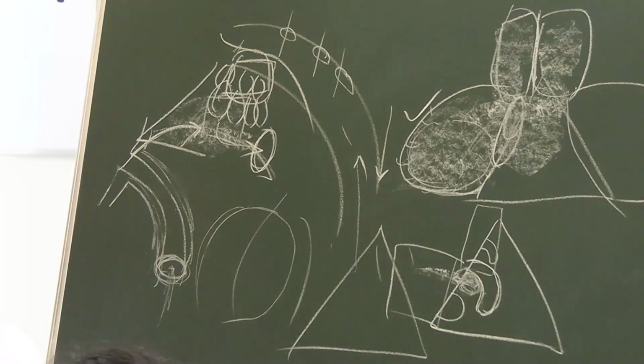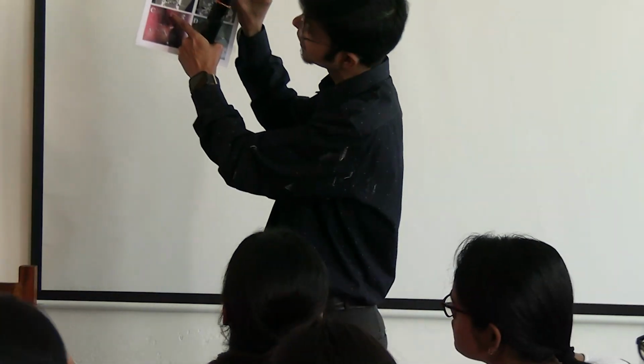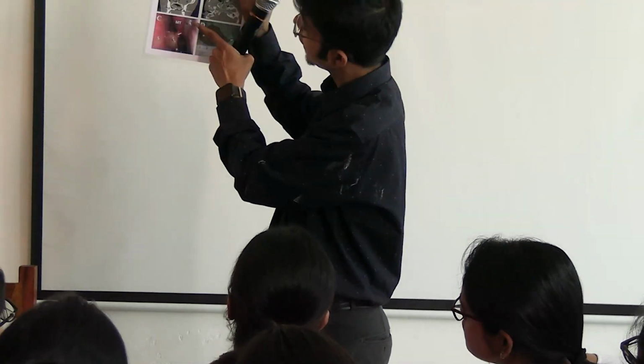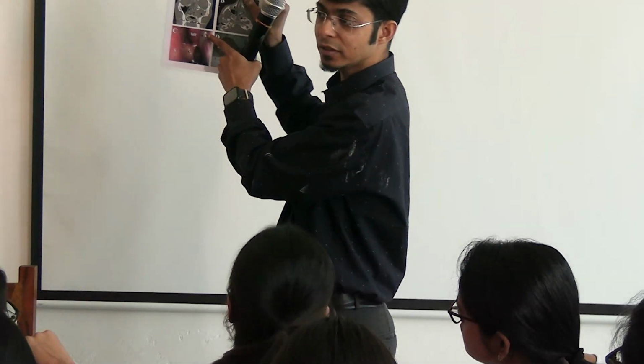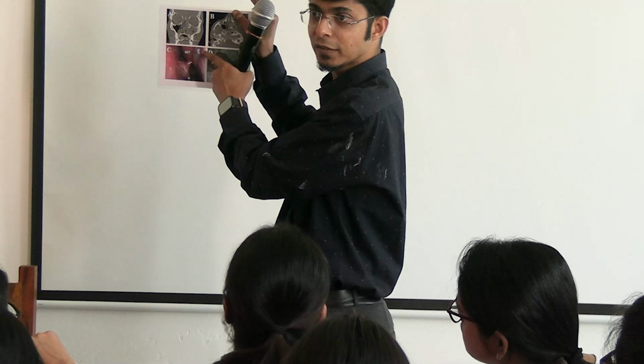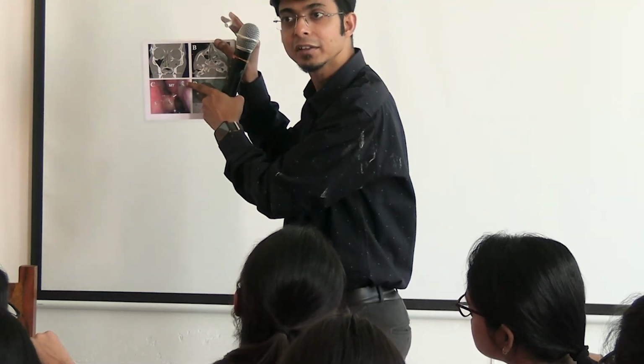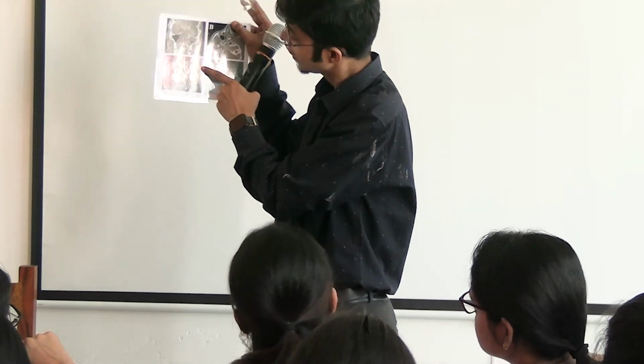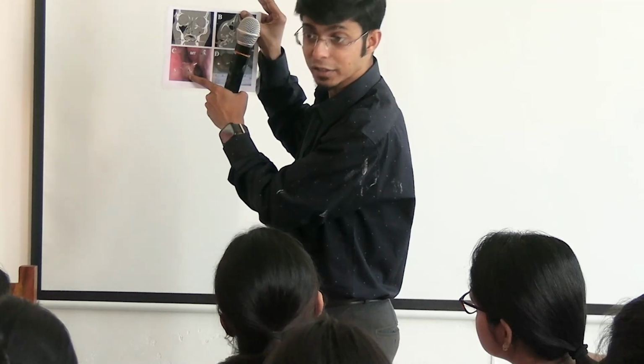Okay, so if you see this picture, this is the middle turbinate that is hanging. Laterally, in the area where the polyp is, this white thing is the polyp. The polyp is in the middle meatus. Okay, and see the part of the polyp is going posteriorly.